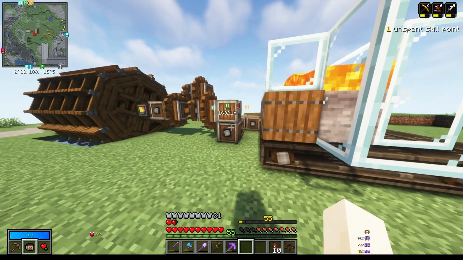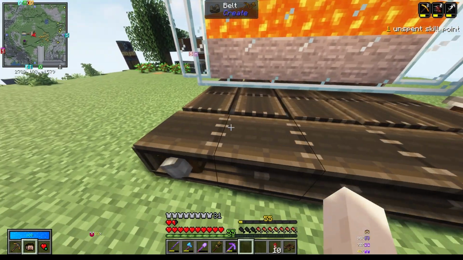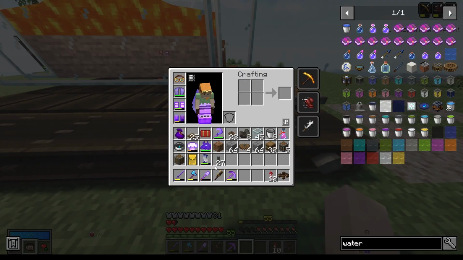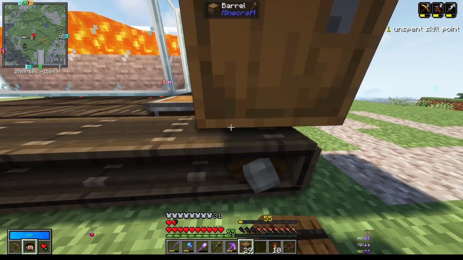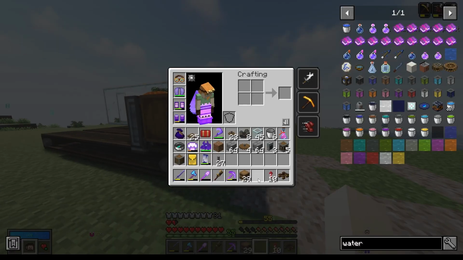So now, if you connect this with a chain drive, it'll mine the stone, turn it into cobblestone. All the cobblestone will line up right here. You'll get moved over here. And then what I want to do is put a barrel right here. Then put some funnels. Just because